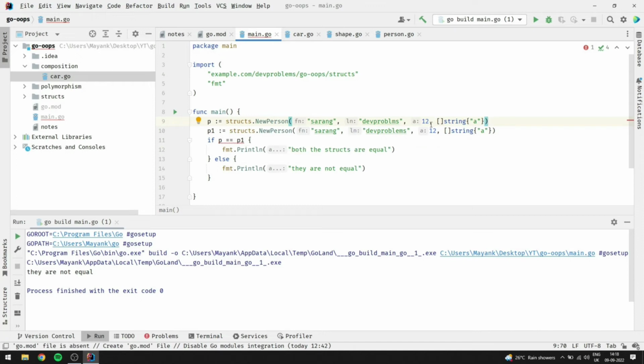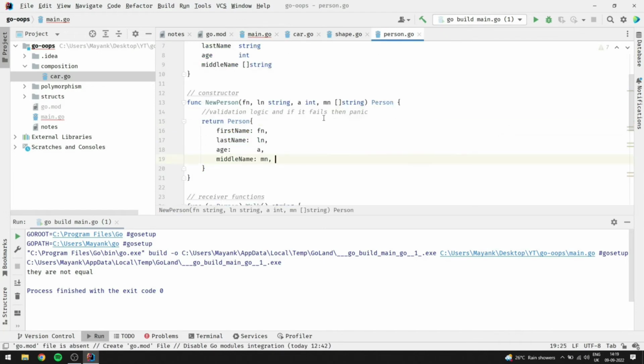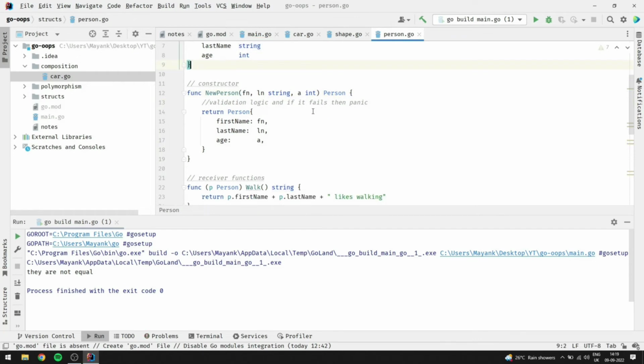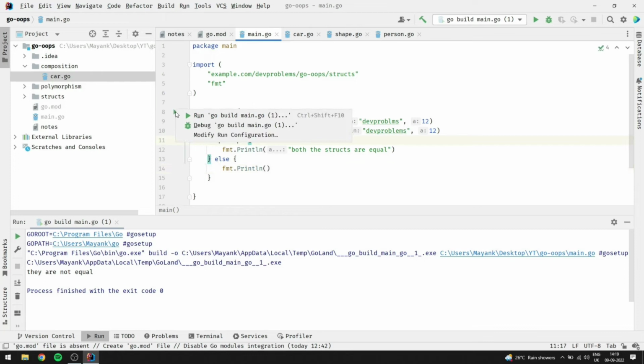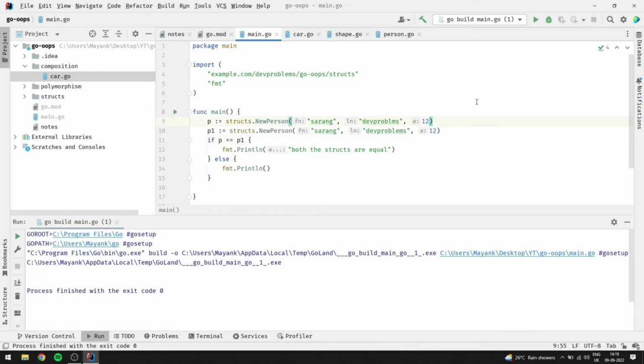And as soon as I remove this middle name, so we have seen that if I remove the middle name from the person also, okay, now it will be able to compile and it will give me the result. So make sure, while doing this, if you're comparing, you should only have the primitive data types inside the struct. And let's say